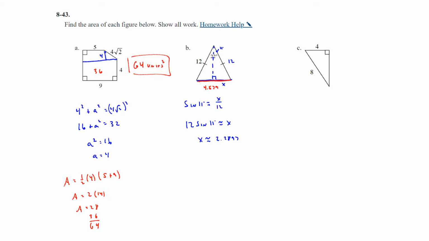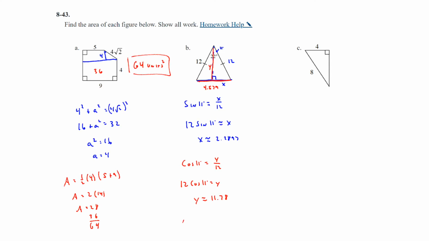Now we need to figure out what the height of the triangle is, so we will use cosine of 11 degrees. Cosine would be adjacent, so we'll just call this y, over the hypotenuse of 12. Multiply both sides by 12. 12 times cosine of 11 degrees is equal to y, and y will be approximately